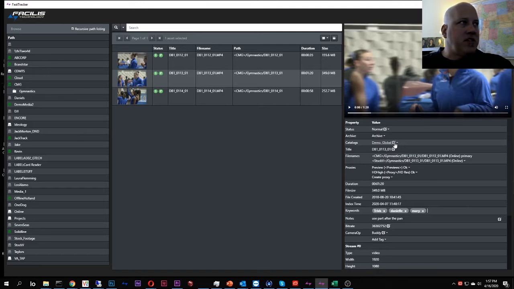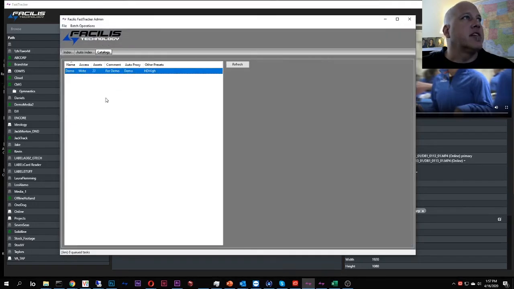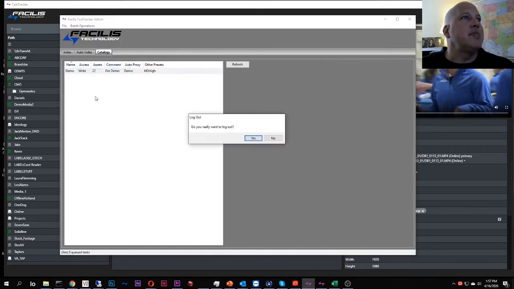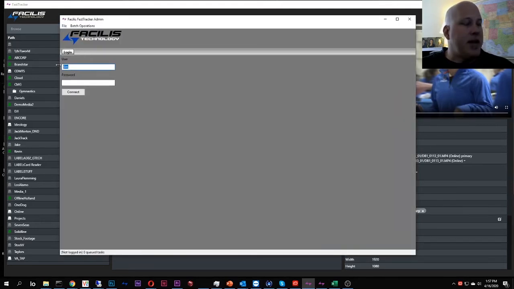Just by viewing them and seeing where they are, and the names of the directory structures and job codes and all these things. So if I wanted to, I could say, you know what, this actually needs to have its own catalog. There's no gymnastics catalog here. So I'm going to go over here, I'm going to go to catalogs. Can't make a catalog because I'm not logged in as admin anymore, so I'm going to log out. I'm going to log back in as admin